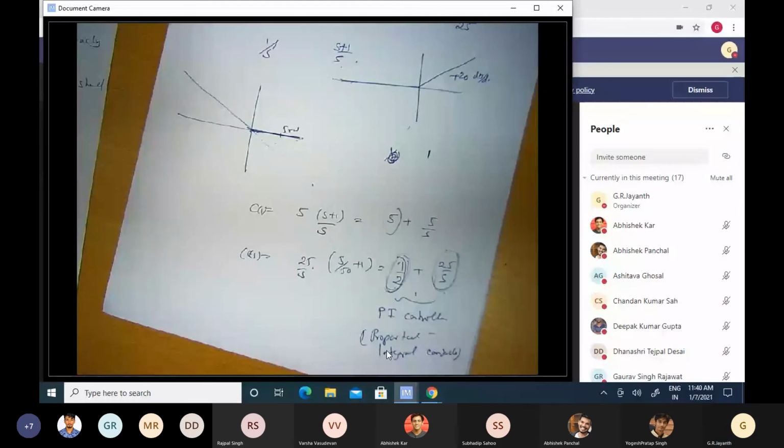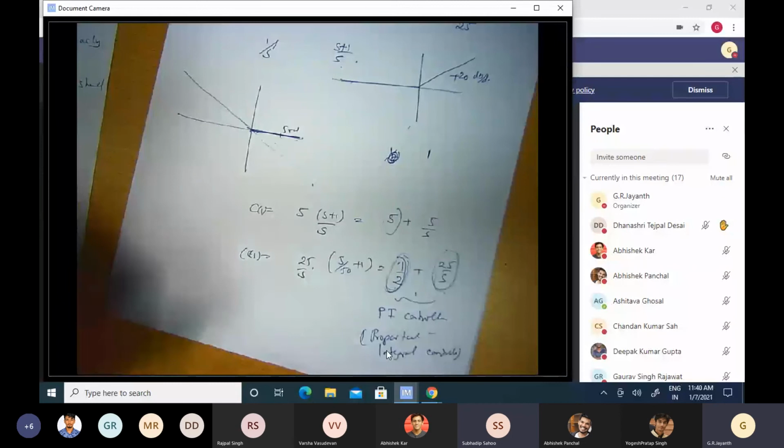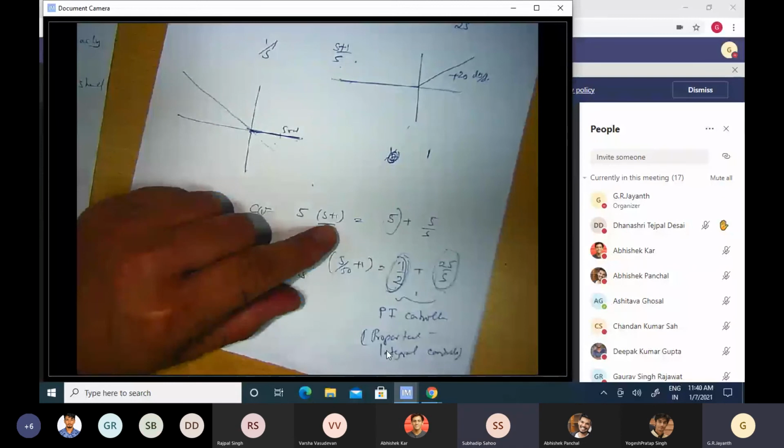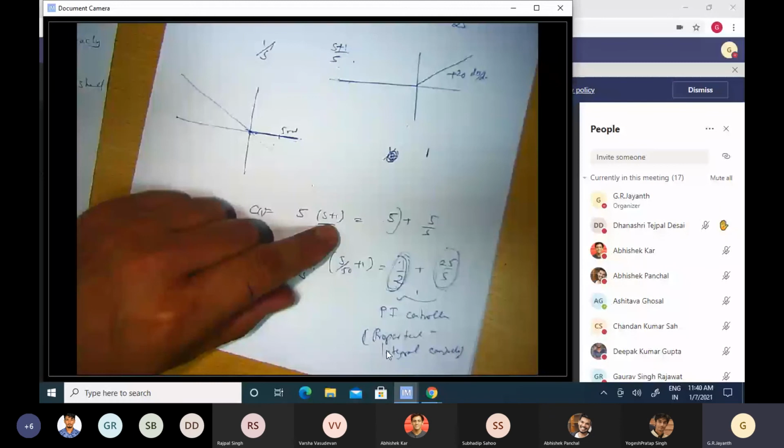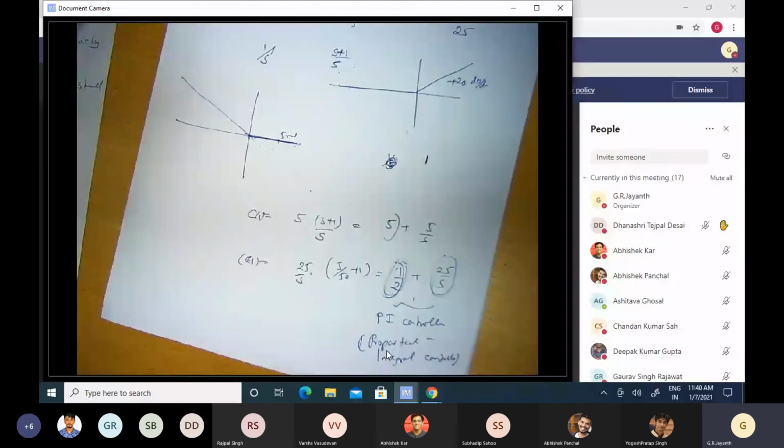Any questions? Yes, sir. You have said that we should add zero and all. Will you please repeat that? You mean the addition of the zero, is it? Yes, sir. So was the addition of zero for the previous class clear to you, that it enabled us to increase the phase margin? That was clear to you?